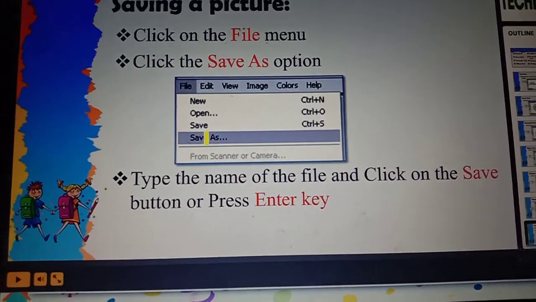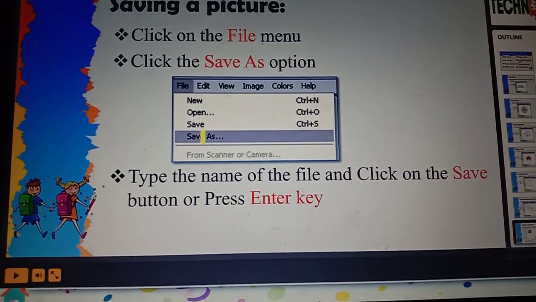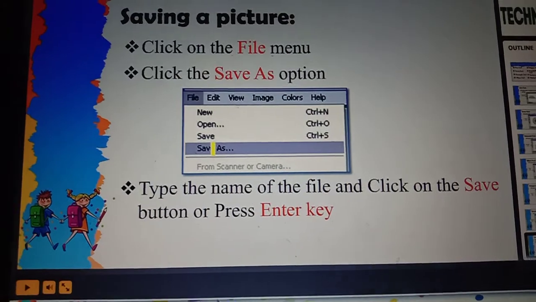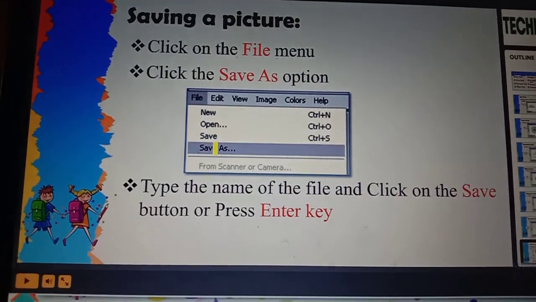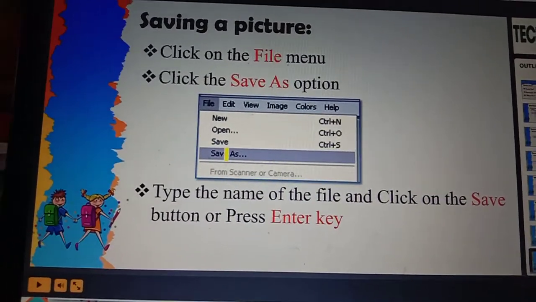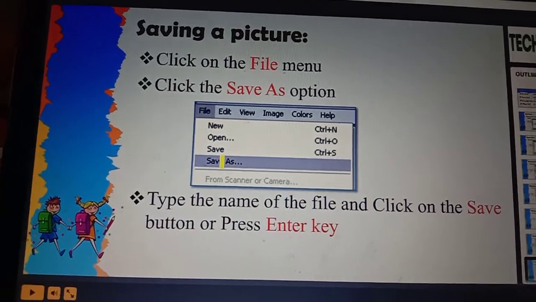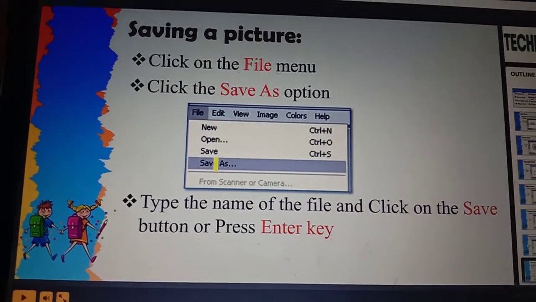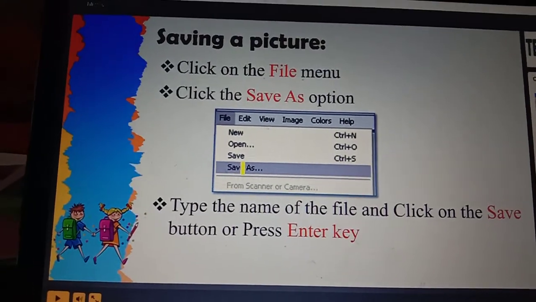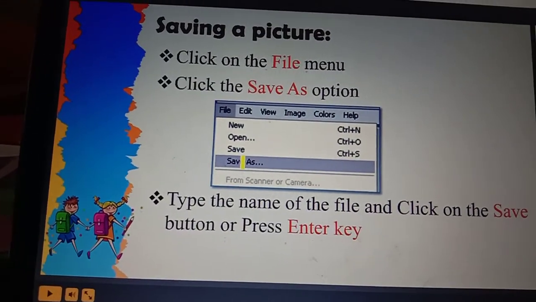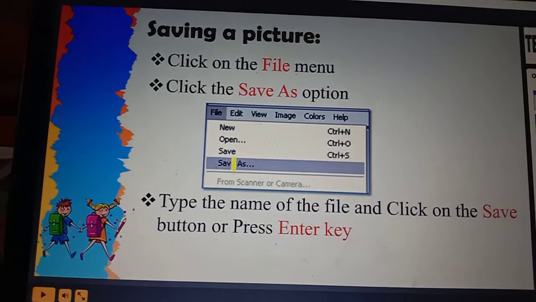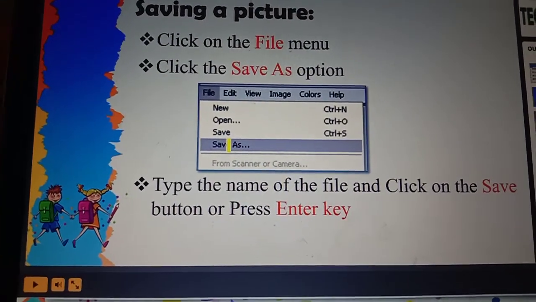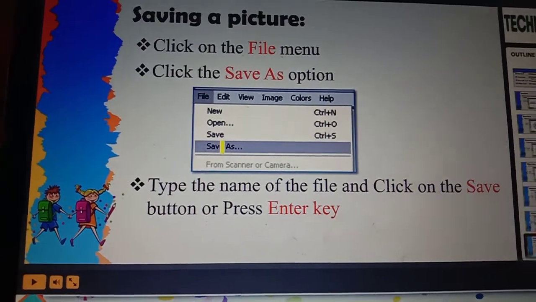After the dialog box appears, you give a name for that particular picture. For example, assume that you drew a picture of a home or of an animal. You give the name, just like once you finish the drawing, at the bottom of your drawing you write your name. Similar to that, you give a specific name to the picture.